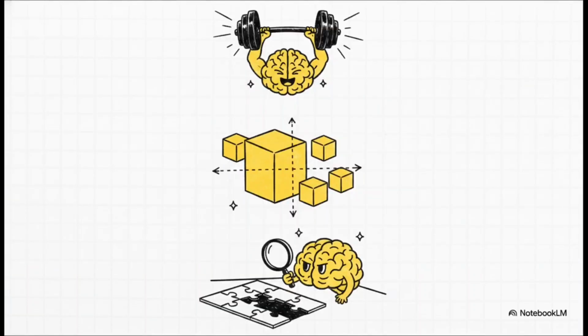So why is this so incredibly effective? Well, it's not just a neat little trick. It is deeply grounded in cognitive science. By forcing yourself to explain something out loud, you engage in active recall, which is basically like a mental workout, pulling information actively from your brain. You also use chunking to break massive ideas down so they don't totally overwhelm your working memory. And honestly, most importantly, it forces metacognition. You literally start thinking about your own thinking, and that is truly the only way to spot your own blind spots.